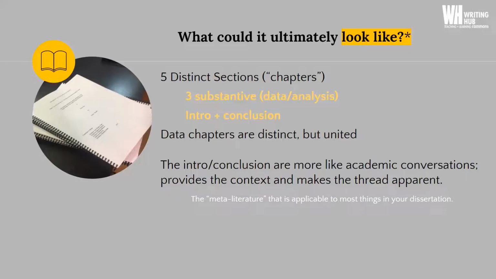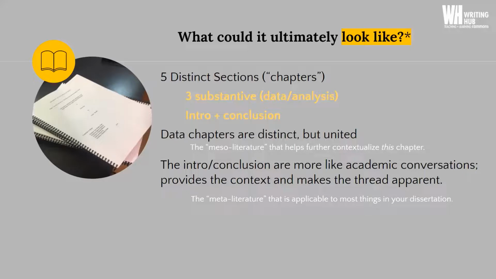In part 1, we talked about how the dissertation has to make a contribution to the research culture. And building in the meta-literature as part of the context building is an important part of doing that, of making a contribution. But in addition, you can have literature that is useful for particular chapters or particular substantive sections.